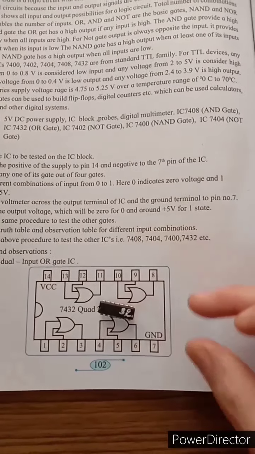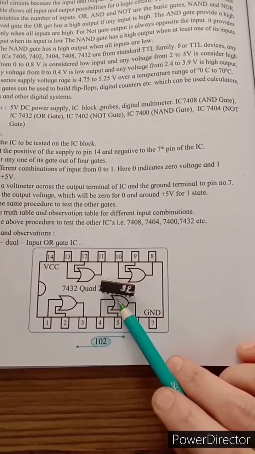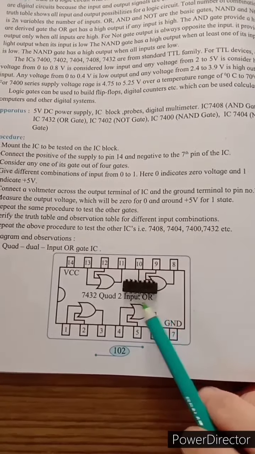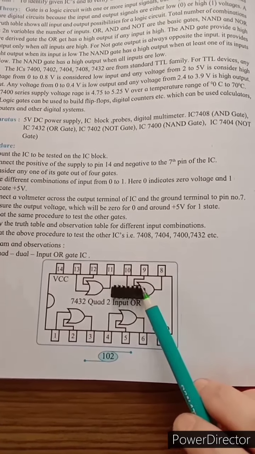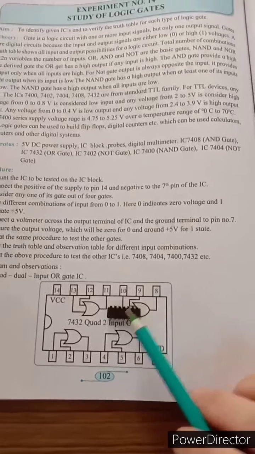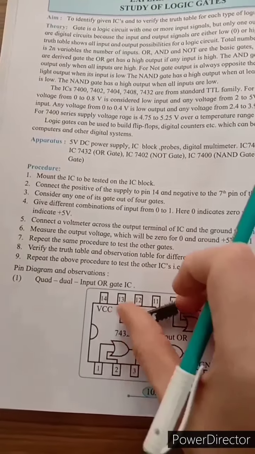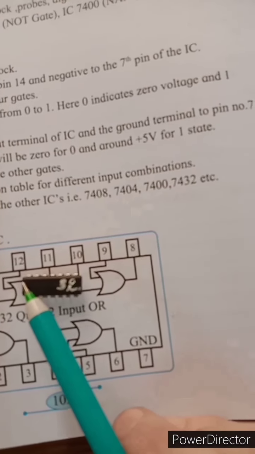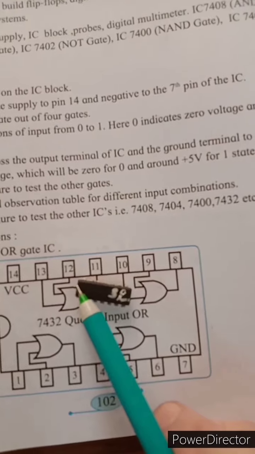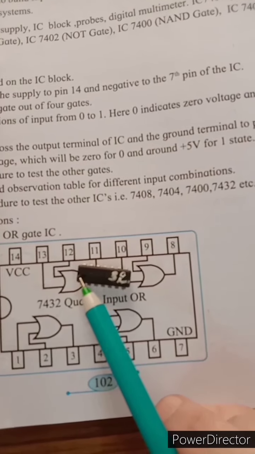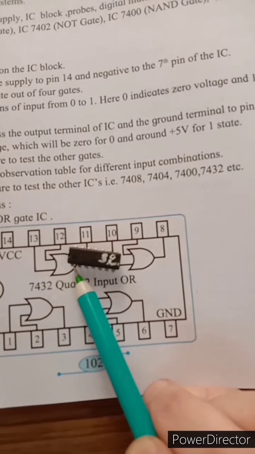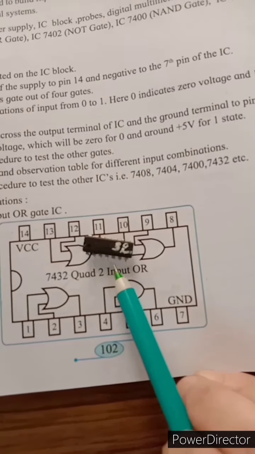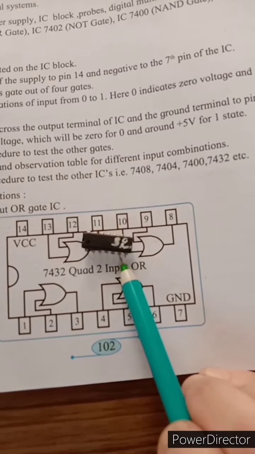Now this is an IC. See, it has more than 3 terminals. I just invert this IC. 1, 2, 3, 4, 5, 6, 7, 8, 9, 10, 11, 12, 13, 14. It has 14 terminals. Now, how to place the IC? If you look carefully, you will see an inverted C section here. From this part we count: this is pin 1, this is pin 2, and the third pin gives the output. 4 and 5 are inputs and 6 gives the output.